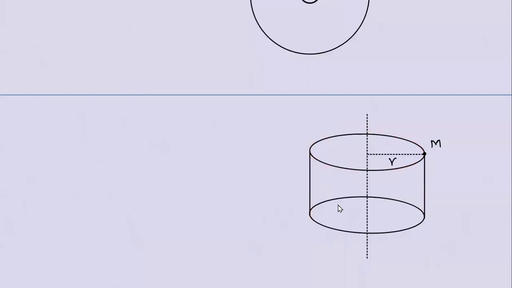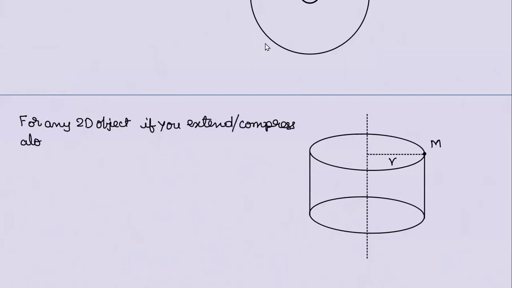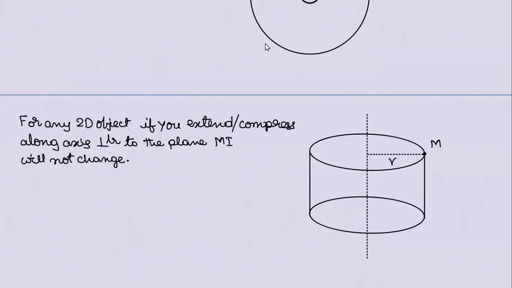Last idea, I can put in words, I can give you as a statement. For any two-dimensional object, not 3D, if you extend, or in fact, you can go for compress also, along axis perpendicular to the plane, moment of inertia will not change. Check it. This statement you can take and remember as a statement, but the core idea is not